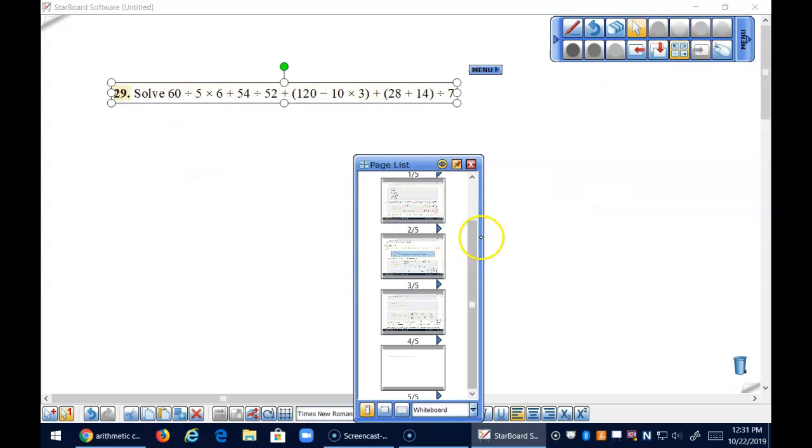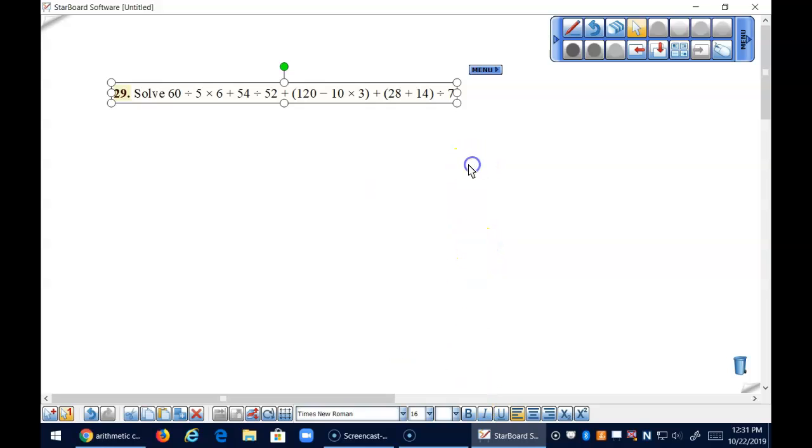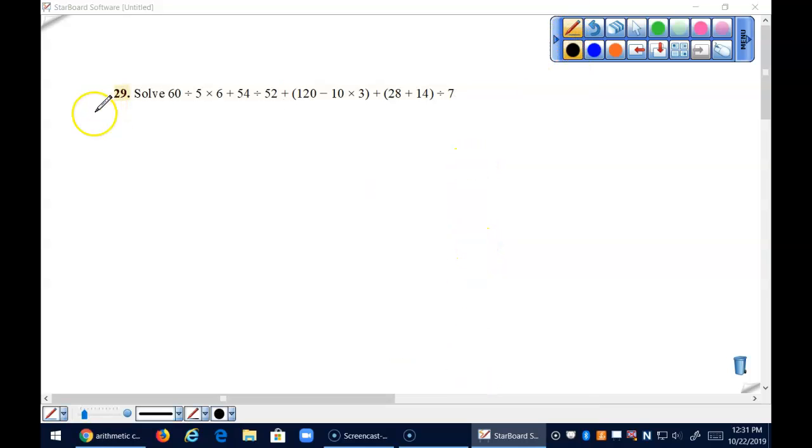I'm also going to rearrange it so these pages are next to each other. Okay, so I need to write it a little smaller. 60 divided by 5 times 6 plus 54 divided by 52. Oh, I did plus, I think. I think I wrote it wrong. Plus